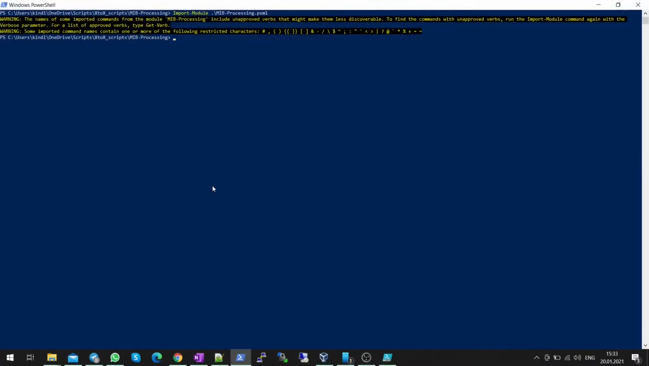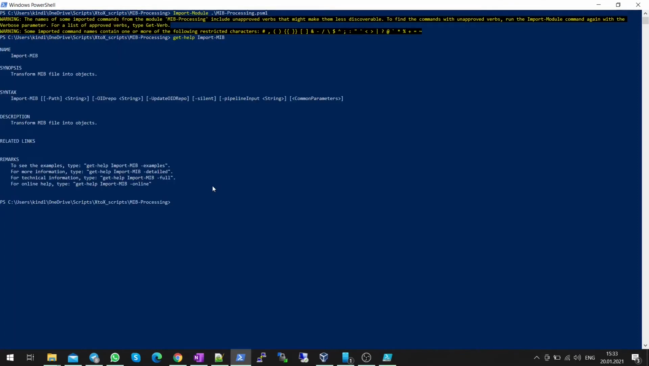We will start with the Import-MIB command. We'll print out the help for this command. And as you can see, the command is transforming a MIB file into a PowerShell object, and it has several